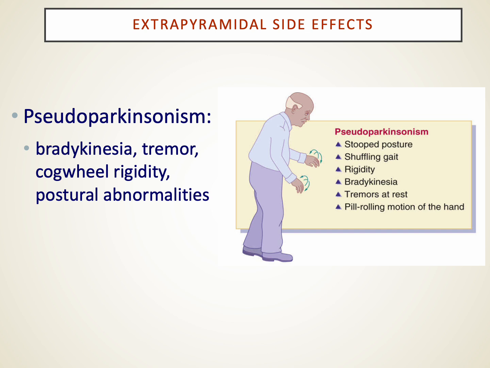The third and differentiating kind of extrapyramidal side effect is pseudo-Parkinsonism, and this looks like someone with Parkinson's, a classic 3-cycle per second tremor, stooped posture, shuffling gait, muscle rigidity, and even sometimes pill rolling motions of the hands that look classically like Parkinson's. All three of these extrapyramidal presentations, they can happen each one alone or in combination, are related to the antipsychotic drugs.